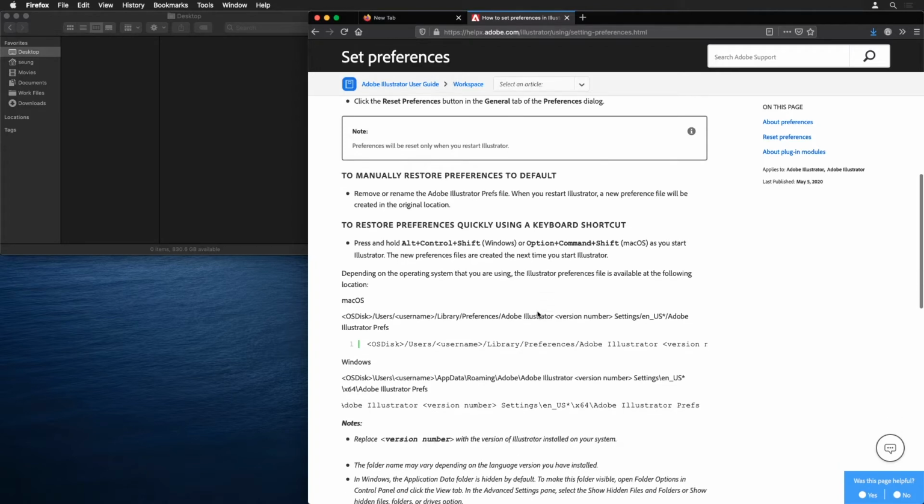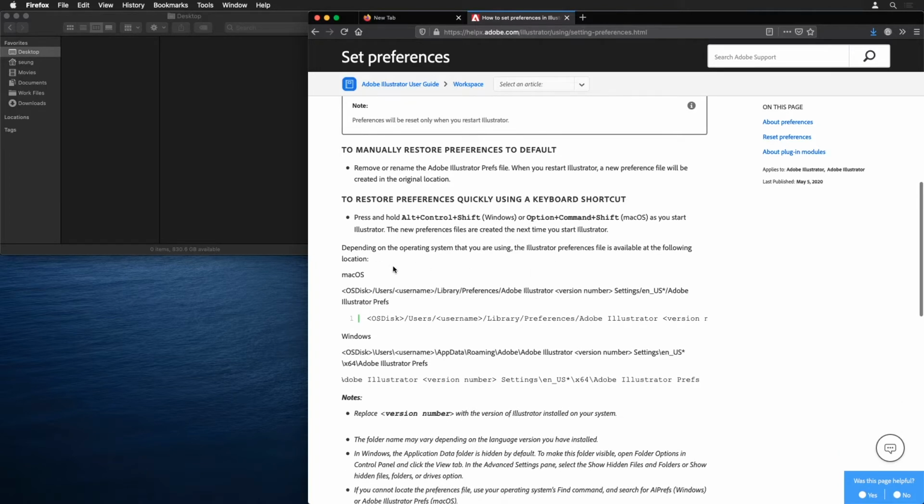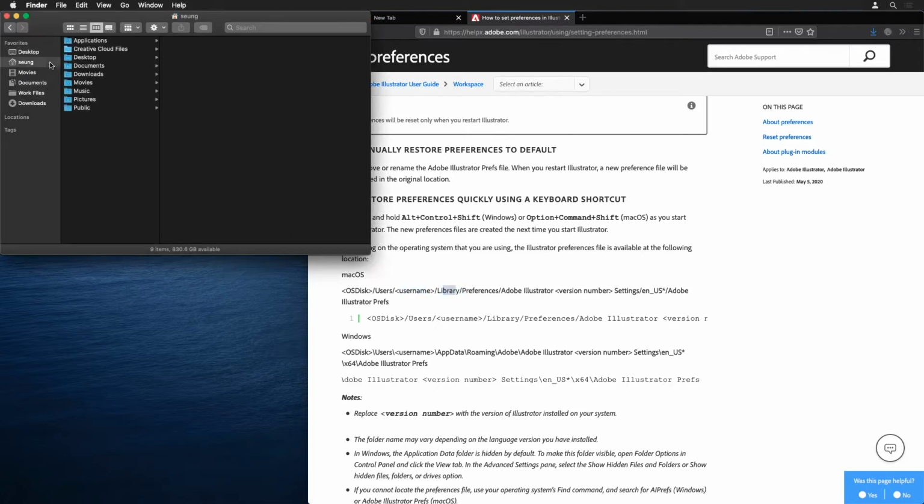And lastly, you can also go into each directory and reset the preferences by deleting the actual files. So on Mac OS, it's under user and then the library. Typically it's hidden under the user folder. So you need to go